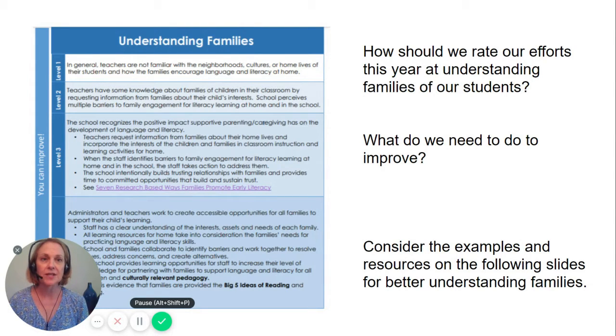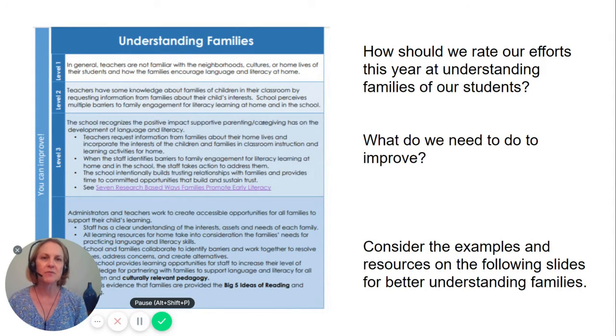And by the end of the conversation, you'll want to reach consensus on the level that best represents your school at this point in time. We recommend having a way to vote. When there's not consensus, have each person on the team give their reasons why they selected the level they chose. And after each member has had a chance to do this, it's a good idea to revote to try to